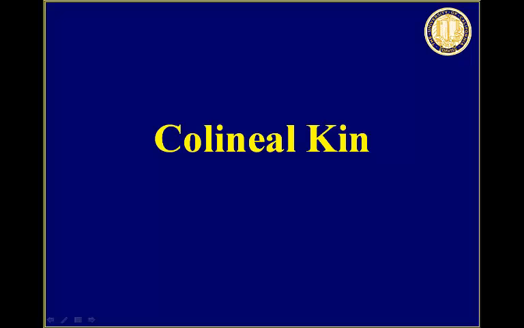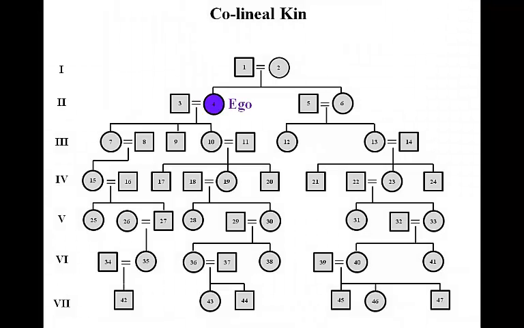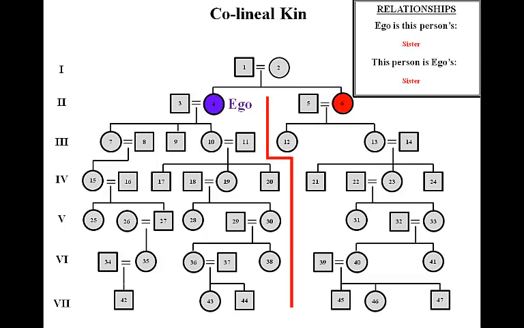So now let's look at colineal kin. These are the uncles and aunts, nephews and nieces, brothers and sisters. So we start with number 4 as ego. We divide into the collaterals, and her first colineal kin is her sister, number 6. Her sister has a daughter. Now we have an aunt-niece relationship, followed by a